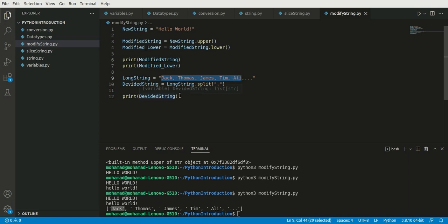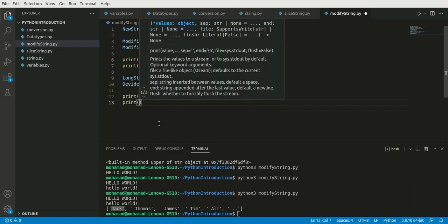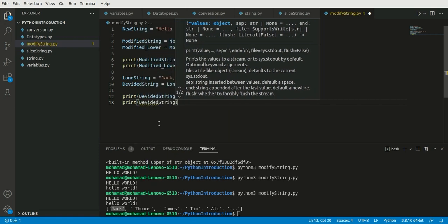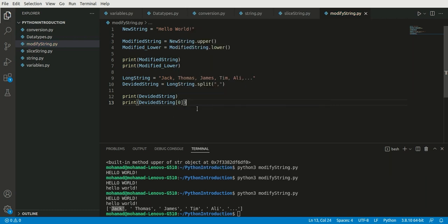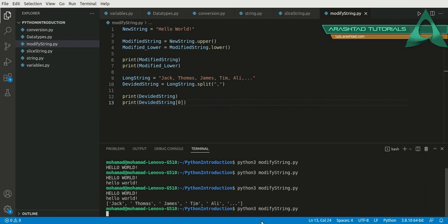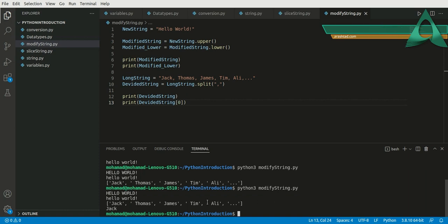So for example, if you want to get the first name or the second name or the last name, you can use this statement right here, divided string, and you can call the first part of this array that is the result of splitting this string, and then use Python 3 modify string.py, and as you can see, it shows Jack as the first part of